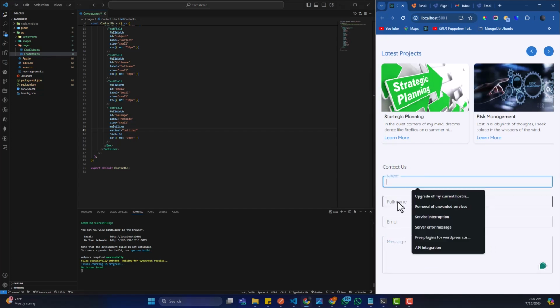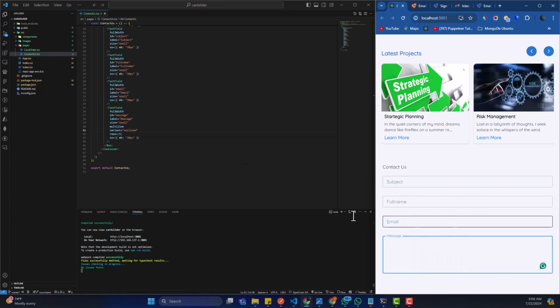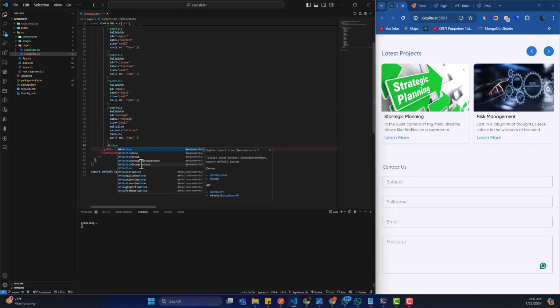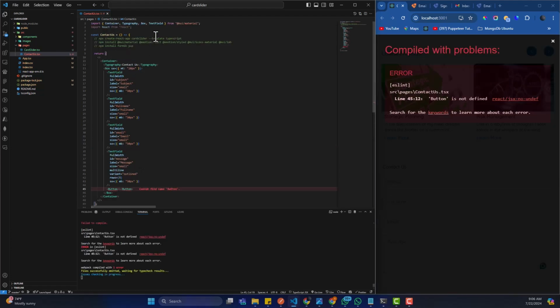I have my subject, my email, and my message. Now the last thing I'm going to include is going to be the button. So there is a button component from MUI as well. So I'm going to import that too,